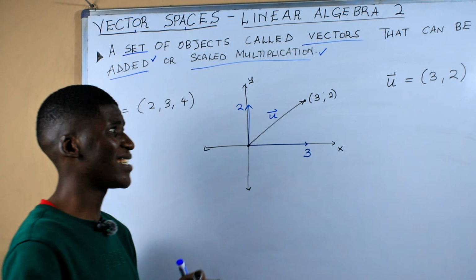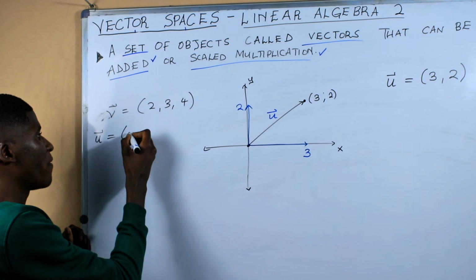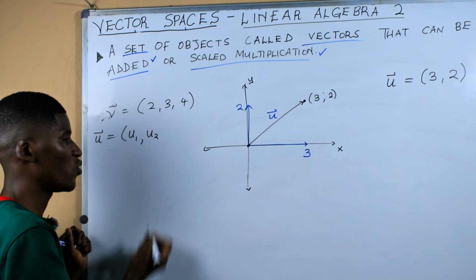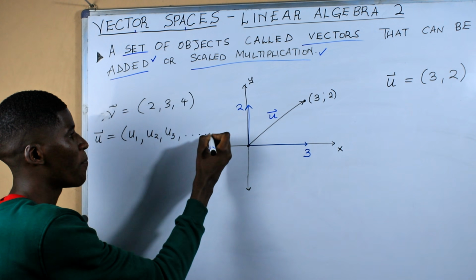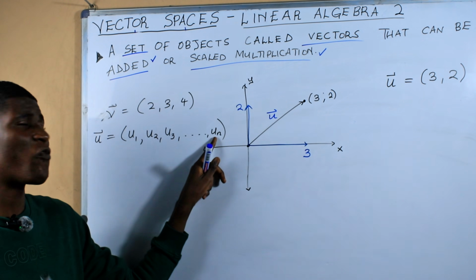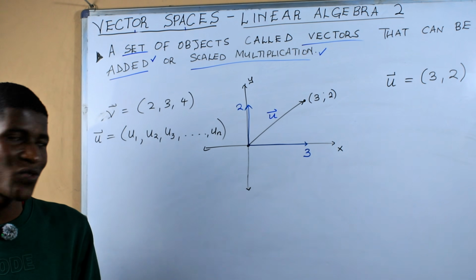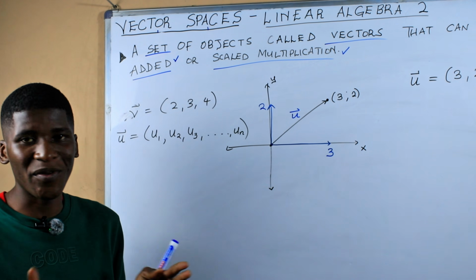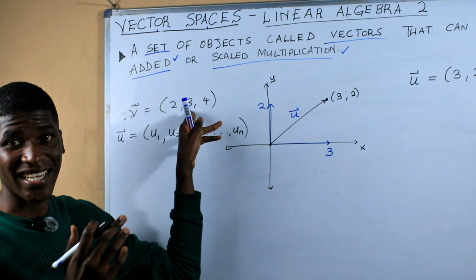So in general, we can just say in linear algebra, a vector, let me just say a vector u, it can have component number 1, which is u1. It can have component number 2, which is u2. It can have component number 3, which is u3, until the last component, whatever last component it is. So it means that here, the number of components a vector can have are not really limited to our geometry. Because once we've got more than 3 components, we cannot draw that. Because you know that we can only draw up to the z-axis. That's why we only end here in such type of vectors.